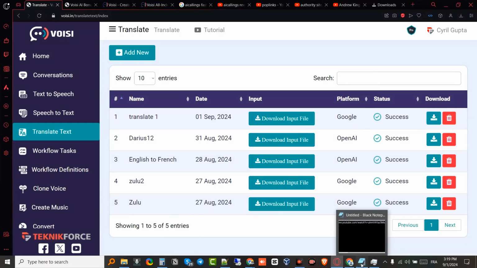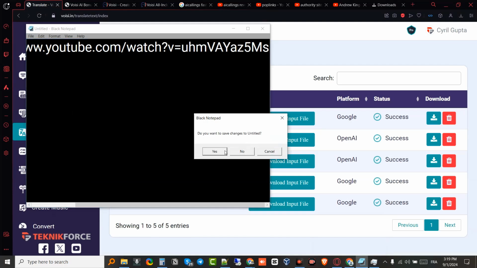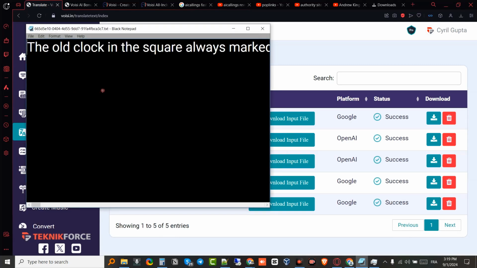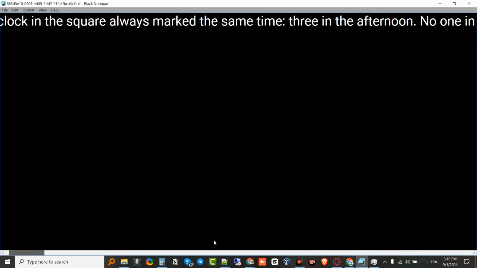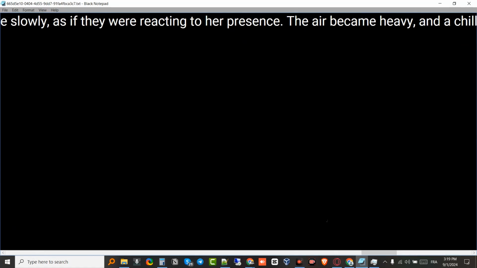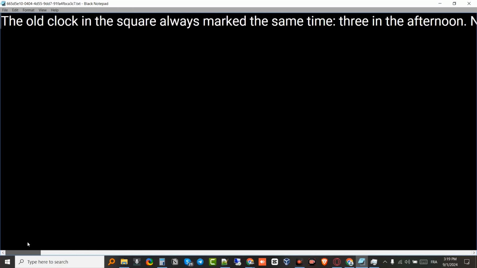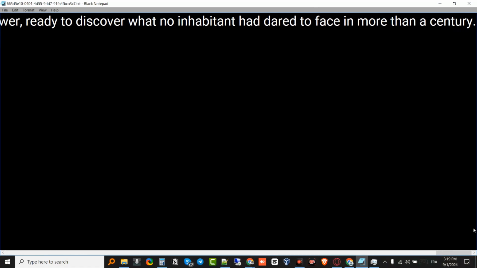Let me just click here, click open, and then let's try and open it up in Notepad. And as you can see, it finally worked. So it translated it. I had a problem with my Word document reader. You need to configure it in order for it to read this type of file, but it's basically readable.